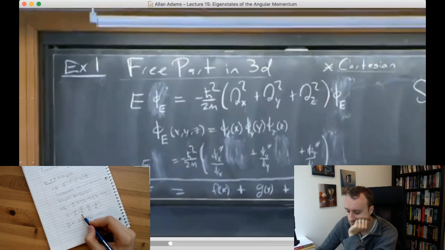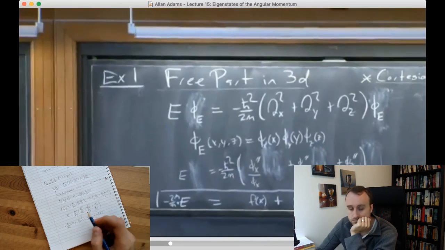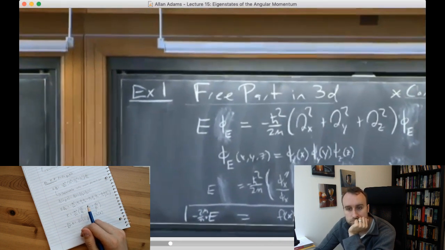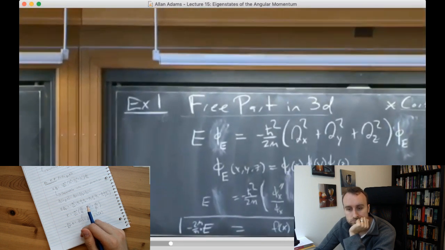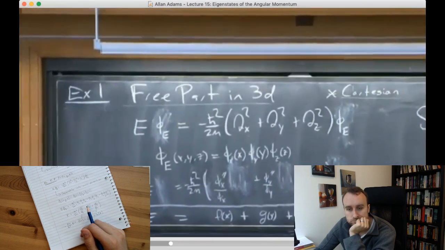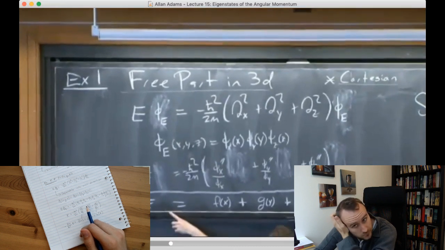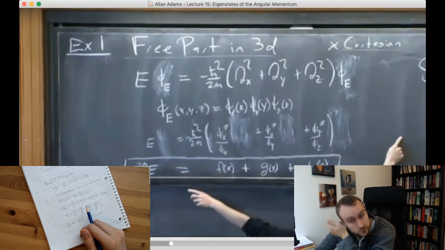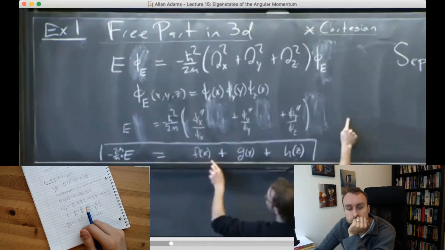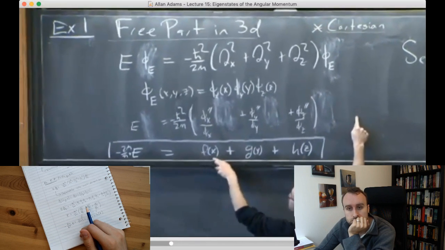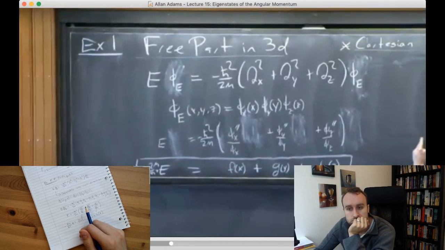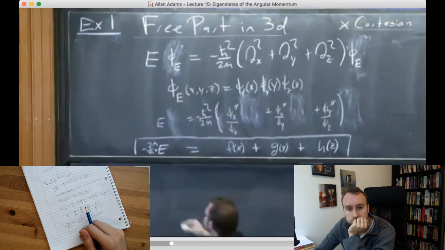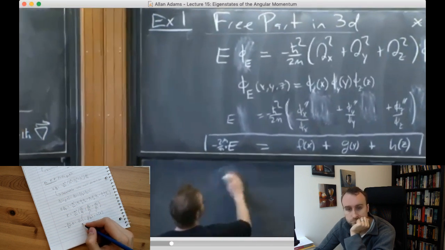So now imagine I have a particular solution, g and h. I'm going to fix y and z to some particular point. I'm going to look right here, and that fixes y and z. So these are just some numbers, and suppose we satisfy this equation. Then as I vary x, leaving y and z fixed, what must be true of f of x? It's got to be constant. Exactly. So this tells us that f of x is a constant,